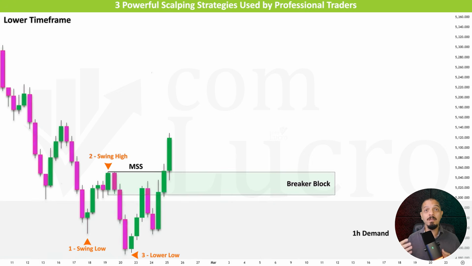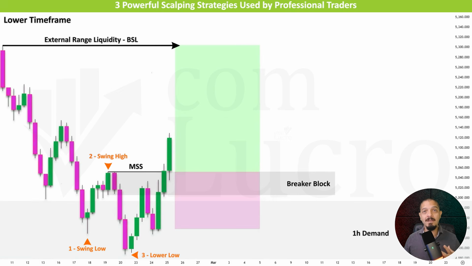That is the area where you plan your long entry. Everything here should be marked manually on the chart, step by step, exactly as shown earlier. From there, the next step is to place a buy limit order at the highest point of that breaker block and wait for price to retrace back into the zone. For your take profit, you can target the nearest liquidity on the current time frame or aim for a key level on the higher time frame if you are